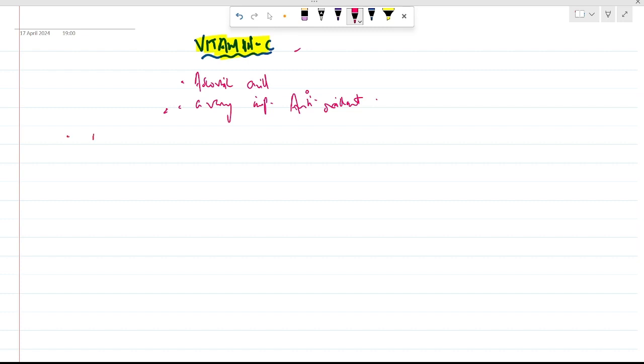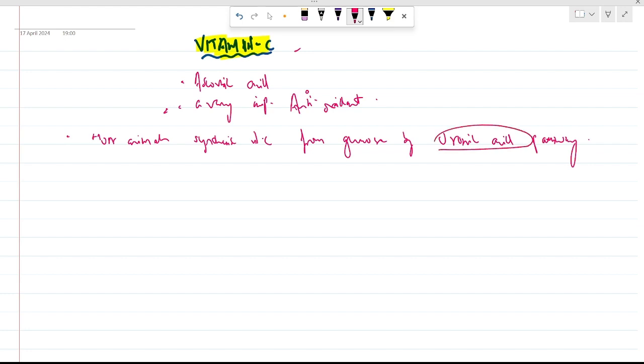Next, we're going to see this: most animals synthesize vitamin C from glucose by the uronic acid pathway. Remember, from glucose by uronic acid pathway. Okay, most animals synthesize vitamin C from glucose by this uronic acid pathway, but we humans and